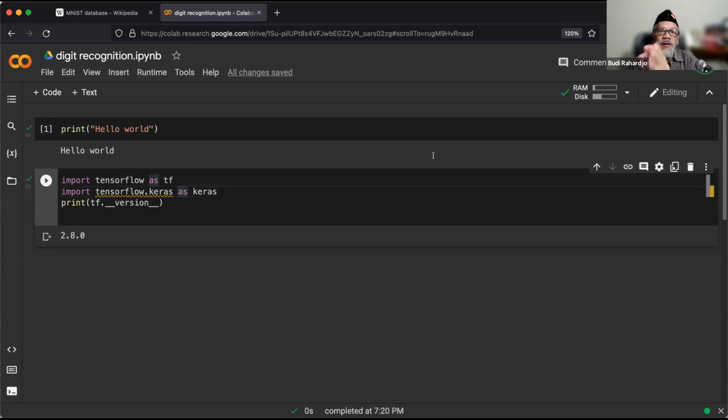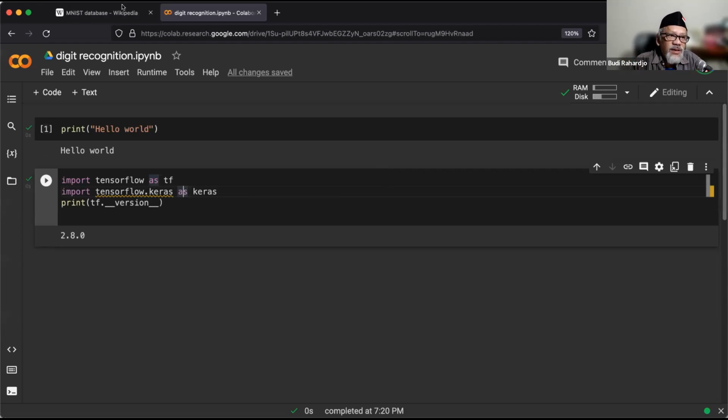Okay. Now we already import our TensorFlow. We already have Keras, TensorFlow Keras ready to serve our program. Now what do we do? Now we want to load our dataset. Later on, we can use a dataset from our own data, for example, to distinguish between cats and dogs or different kinds of flowers. It's possible. But tonight, because people use the MNIST database very often, Google, TensorFlow, and Keras already provided this database for us easily.